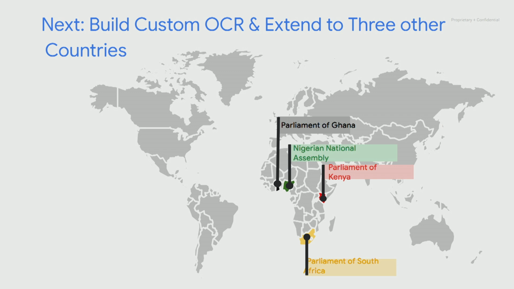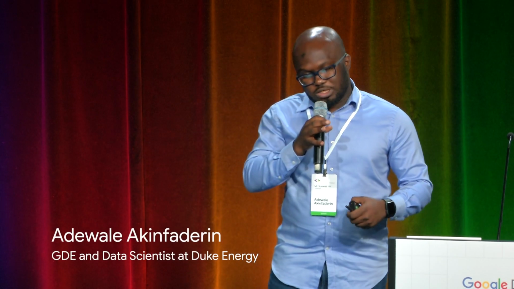And the choice of these countries is actually very strategic. One is they're English-speaking countries, which makes it easier for us to generalize our models. The second one is they have better metadata. So one of the things we want to do eventually is to see if we can build a very good knowledge representation of parliaments in Sub-Saharan Africa. So that means in Kenya, for example, we can get data apart from the bills. We can also understand bills that went into first reading, second reading, third reading before they pass. And hopefully we can build a model to say, we have some probability that this bill is going to go into the next reading or the next phase.